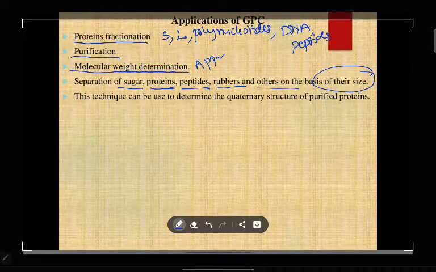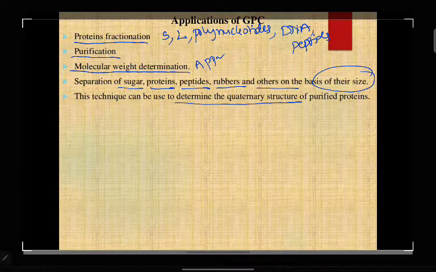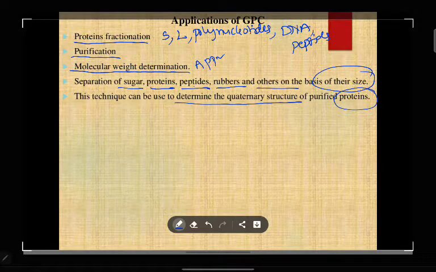In gel chromatography or size exclusion chromatography or gel permeation chromatography, the separation is based on molecular size or molecular weight. Then we can determine the quaternary structure of purified proteins also.